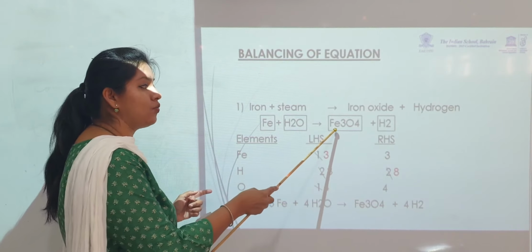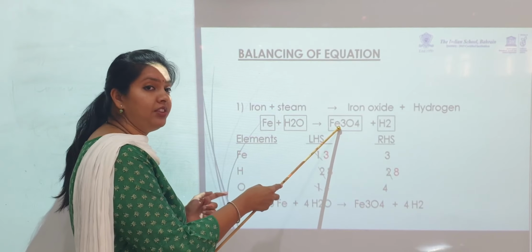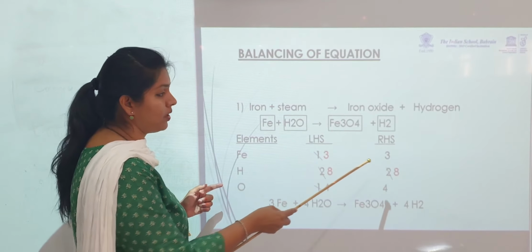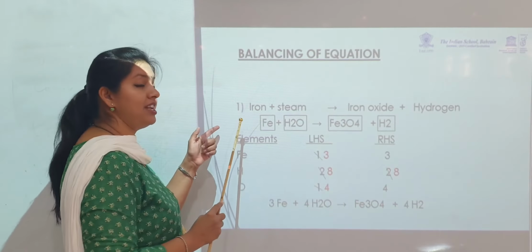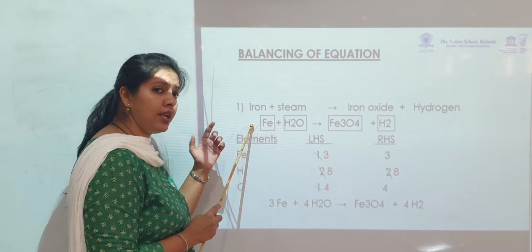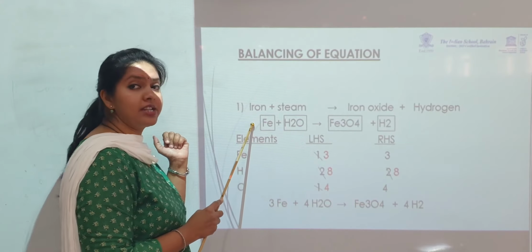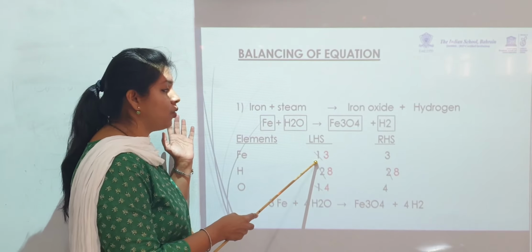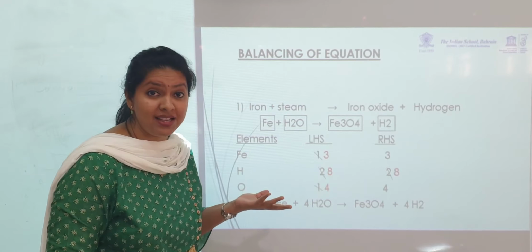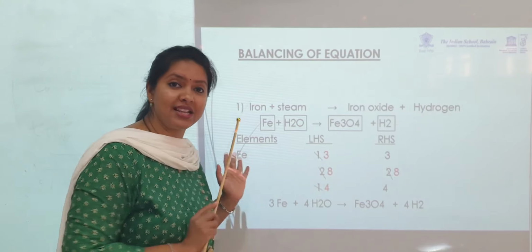Let me go to the next one, iron. Fe3, 3 on the right hand side. Come to the left hand side. I have to make this 3. There is no other option but to write a 3 over here, and I have done it. So 1 over here becomes 3, as simple as that. So my iron also gets balanced.